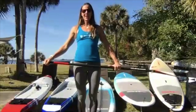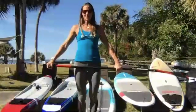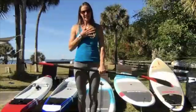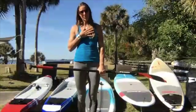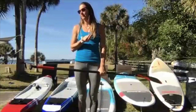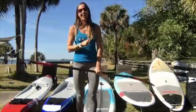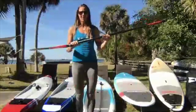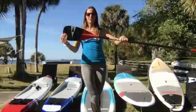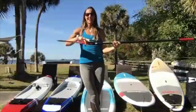Cool. So let's talk about how to hold your paddle. The first thing I used to teach beginner SUP instructions, excuse the dogs, the very first thing that I talk to people about when they grab their paddle is actually not the handle, but I want you to look at the blade of your paddle,